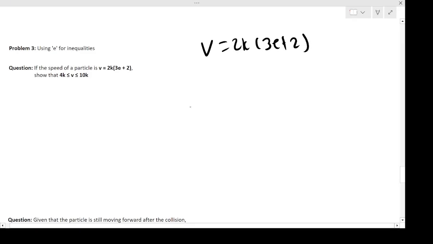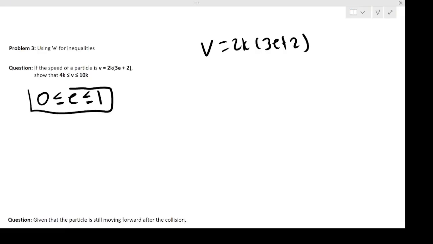Now, what we're going to need to use here is the inequality for E. So remember that E is between 0 and 1. Okay? And you need to remember that. You must remember that. It's going to be critical to be able to answer questions like this. Okay? Now, what we can do is, if we know that E is between 0 and 1, we can